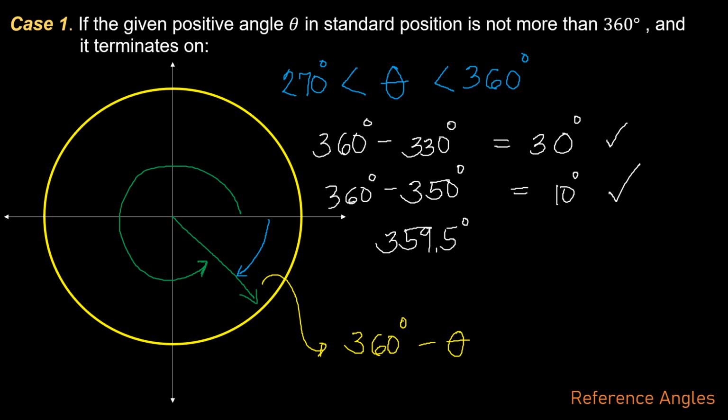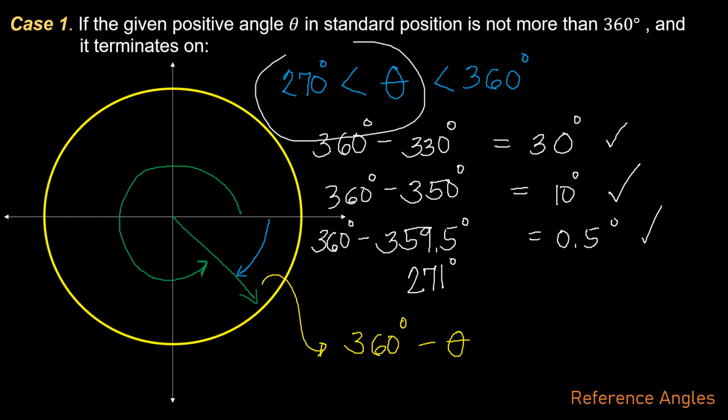359.5 degrees. Remove that from 360 degrees and it will give you 0.5 degrees. That's also a reference angle because that is greater than 0. And you can also have 271 degrees. That is greater than 270. So 360 degrees minus 271 will give us 89 degrees, and that is less than 90, and that is also